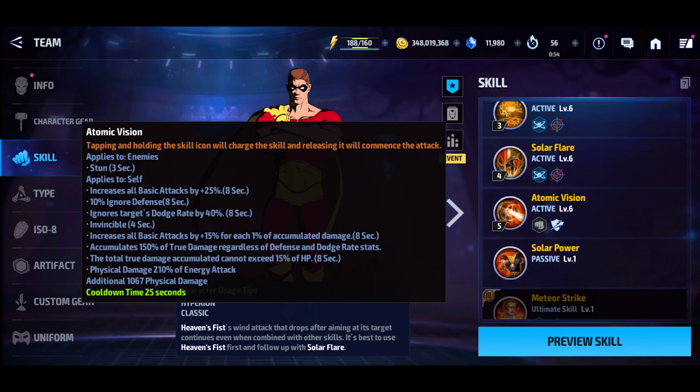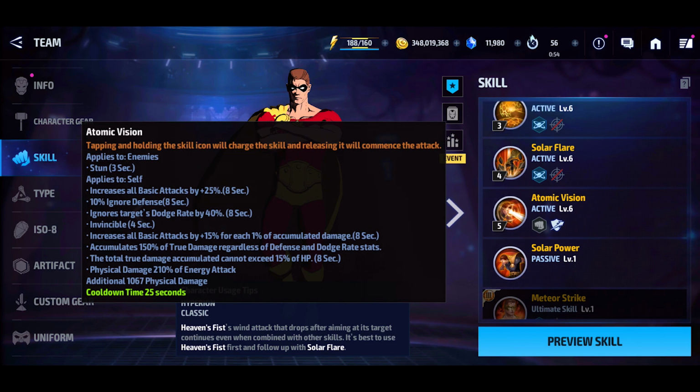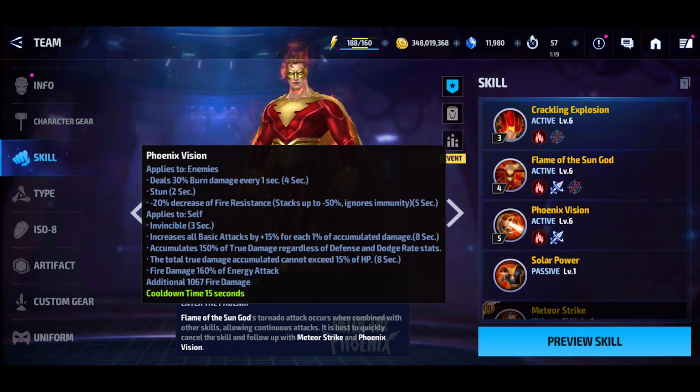The new fifth skill change makes him a lot stronger now, since the cooldown on the skill has been reduced by 10 seconds, and since the uptime for the damage accumulation is 8 seconds, with max cooldown, you can essentially get 100% damage accumulation uptime. And if that wasn't enough, he also gets that fire resistance down that ignores immunity, which makes him even more effective in PvP versus characters like Jean that have that high fire resistance, but also in World Boss Ultimate versus